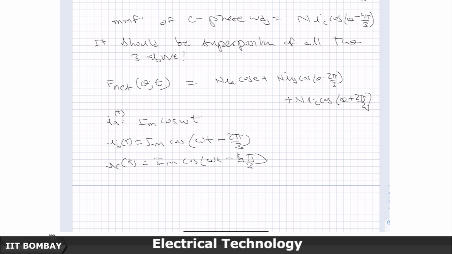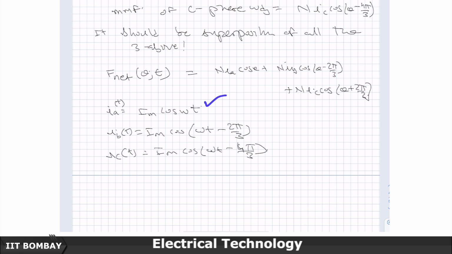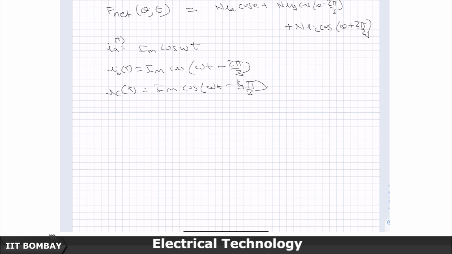But because my currents in the windings are a function of time, the MMF is going to be a distributed function which depends upon where in space I am looking. Suppose I am looking in space here, what is the MMF? Then this MMF is not one fixed number based upon its location in space, but it also depends upon time. It will keep on changing with respect to time, because these currents are a function of time. So if I just substitute these here, then I will get